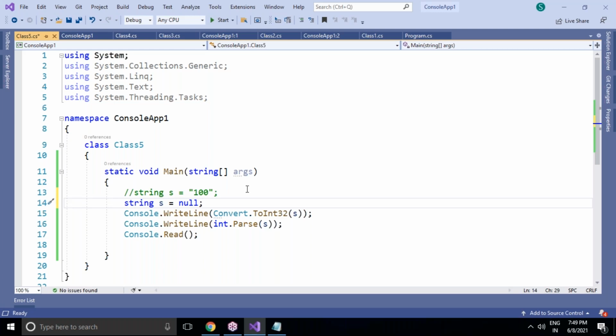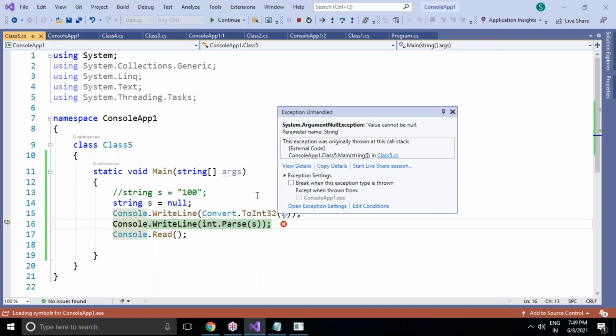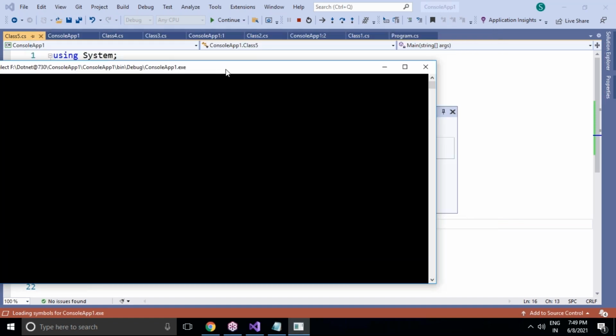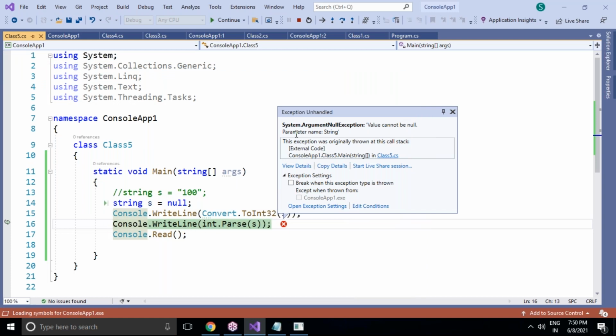But you will get only one 0 in the output, because only the Convert.ToInt method will successfully convert from null to 0, and int.Parse will not accept null. So it is unable to convert from null to integer; value cannot be null in this case. So this is exactly the difference. You can see this error, an exception is coming, but one output is there, like 0. You are looking in the output window at 0. This 0 is because of only Convert.ToInt, but this error, look at here, the int.Parse line is showing an exception.